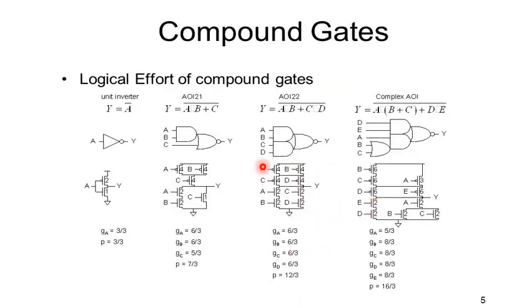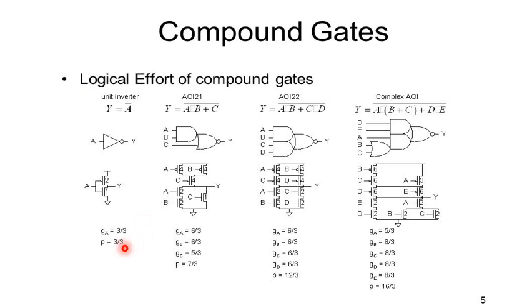Next, we have the compound gates. Here we have NOT gate implementation as well as some other operations. First of all, we are going to see the NOT gate operation. The NOT gate is replaced by a CMOS implementation. That CMOS has one PMOS as well as one NMOS. Already we know the values 2 and 1 for PMOS and NMOS. How do we calculate these values?